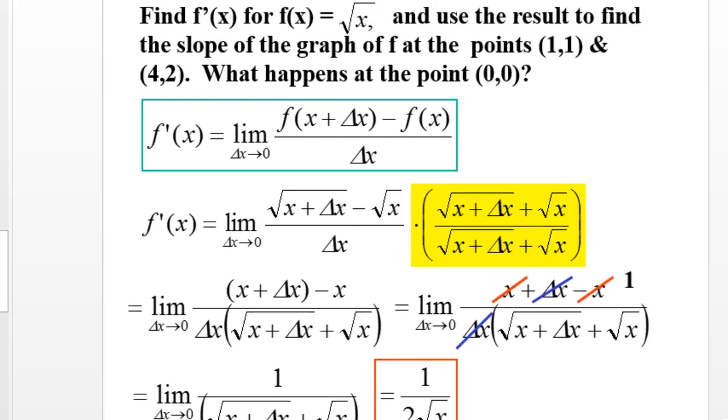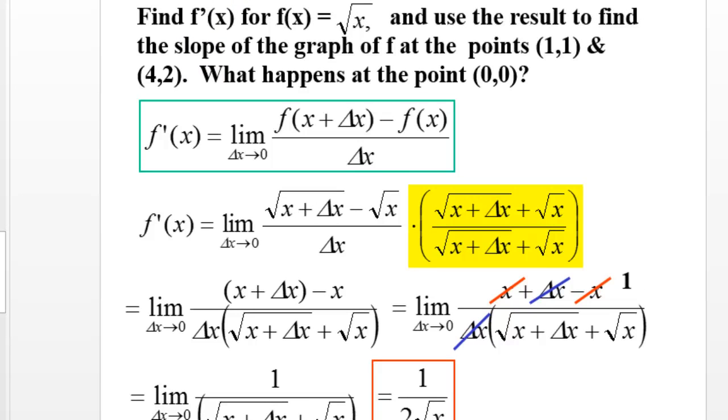Alright, so find f prime of x for f of x equals square root of x, and use the result to find the slope of the graph of f at the points 1, 1, and 4, 2, and what happens at 0, 0. So we take our function, our difference quotient, and plug in everything. We're plugging in x plus delta x into the square root, and just x, and we get this. Now if you remember when we were doing limits analytically, we had to use the conjugate,